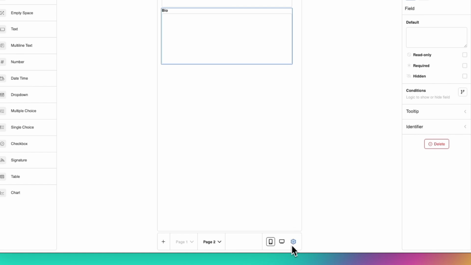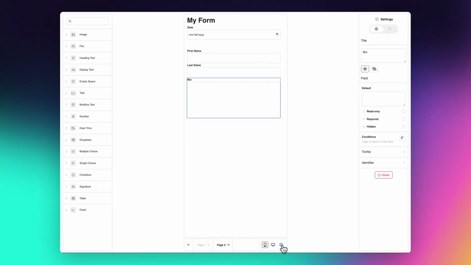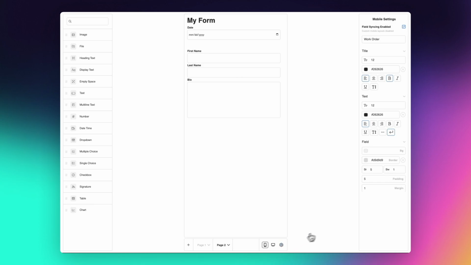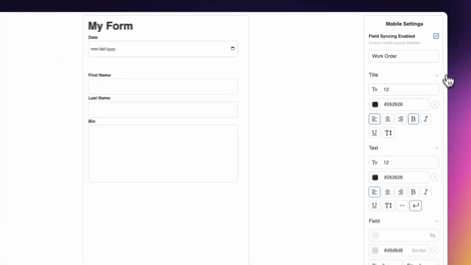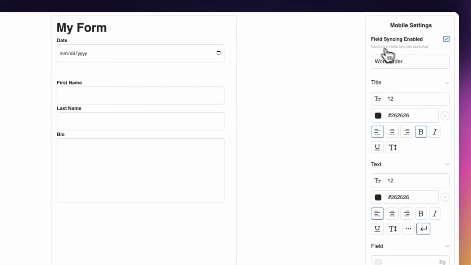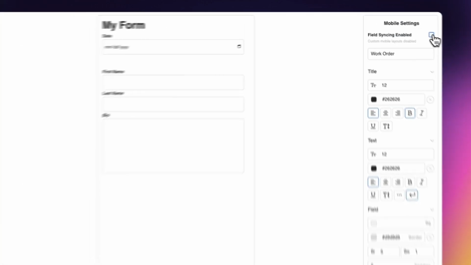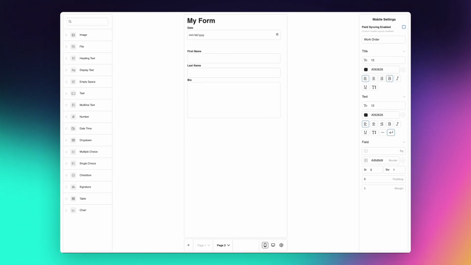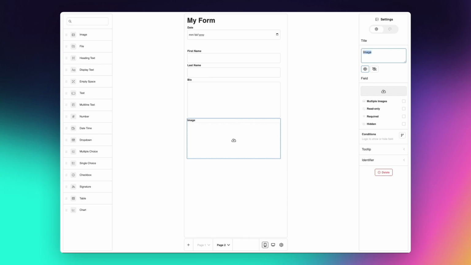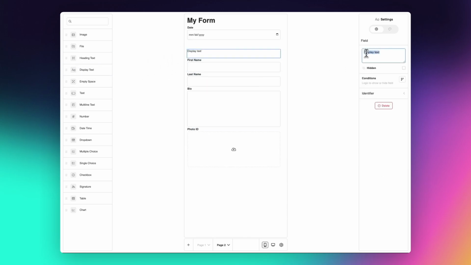To access the mobile form settings, click the gear icon in the bottom right of the form frame while in the mobile view. To disable the mobile view from mirroring the web view, check off the field syncing enabled setting. This will allow you to freely create an entirely different set of fields, change field order, or change styles for